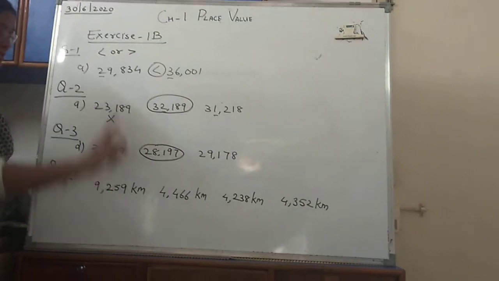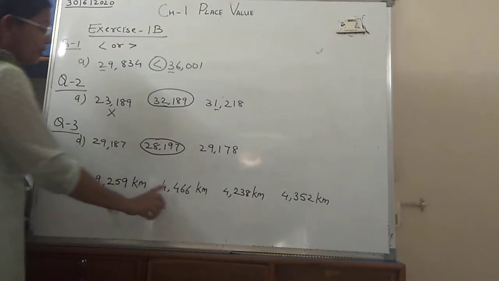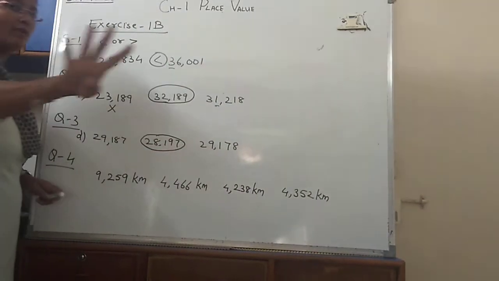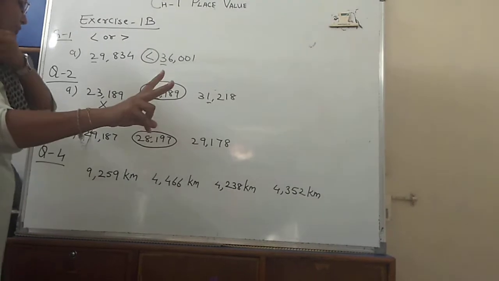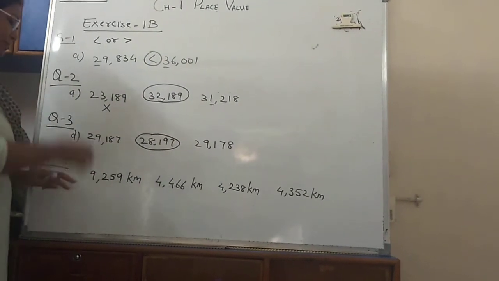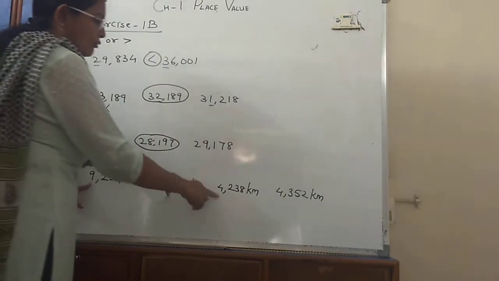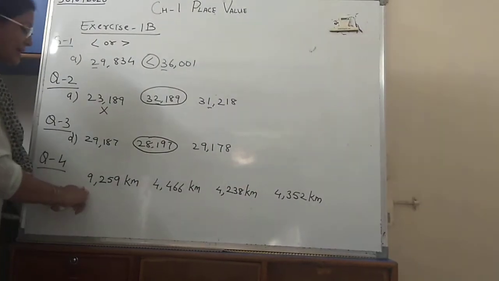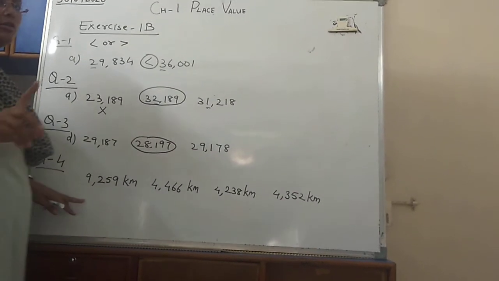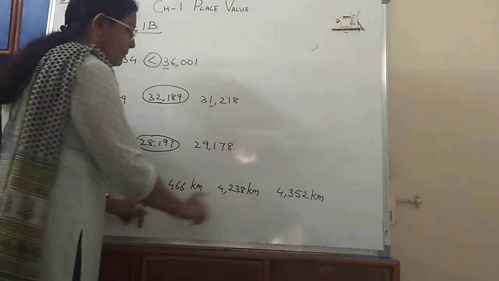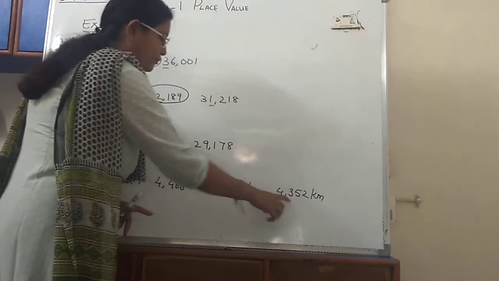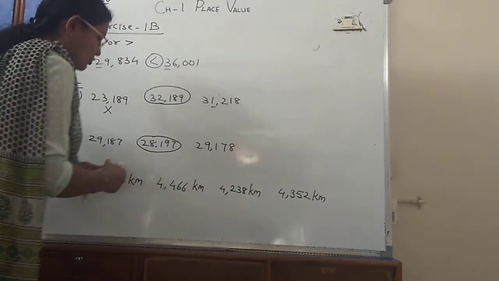First we will count number of digits. First rule, 1, 2, 3, 4, 1, 2, 3, 4, 1, 2, 3, 4, 1, 2, 3, 4. All are 4-digit numbers. So now second rule we will follow, and second rule is we have to compare the first digit of all the numbers. 9, 4, 4, 4. So it is 9. So this is the biggest number. We don't want biggest number right now, right? We want the smallest number. So now we will compare these three numbers. Second digit of these three numbers 4, 2, 3. Which is the smallest one? 2. So what will come first?